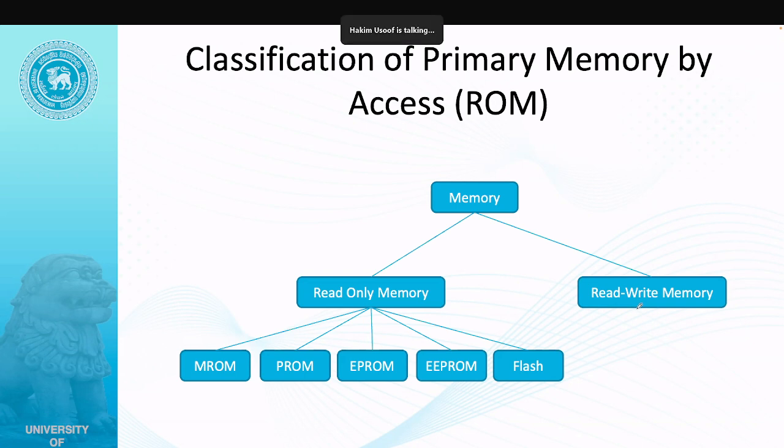But the problem with read-write memory, the memory we typically call RAM, is if the power goes off in the computer, all the data is lost. So read-only memory stores data